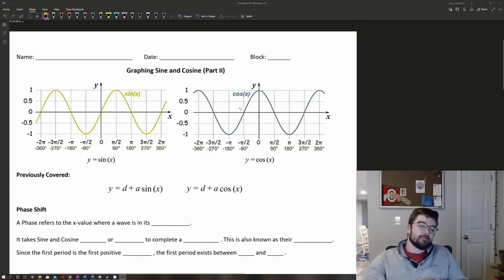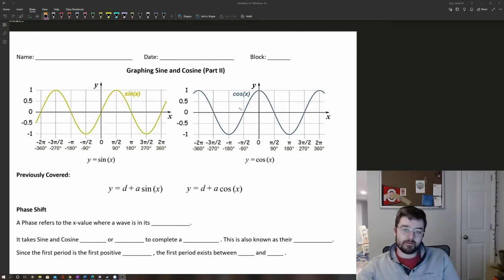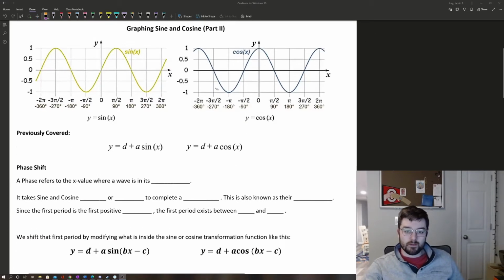Hi, welcome to graphing sine and cosine. This is the second part of graphing sine and cosine, and it's going to cover horizontal transformations. The idea with this page is to talk about those horizontal components that we didn't get to last time with